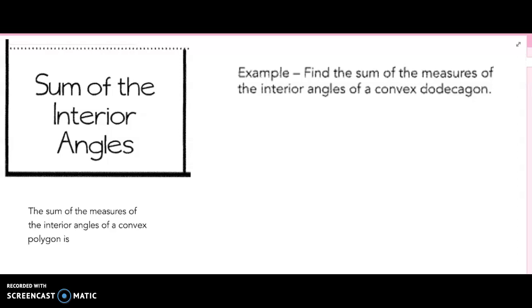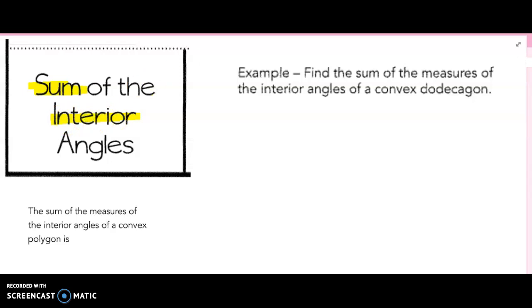All right, guys, this is our first foldable of the second semester, and we're going to jump from chapter 5 to chapter 7. So this is chapter 7, section 1. In chapter 7, section 1, we're talking all about the angles of polygons, so angles of any shape, the similarities and the differences, and how to find the sums and all that kind of stuff. So the first thing we're going to look at is how to find the sum of the